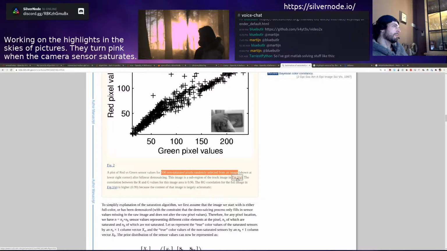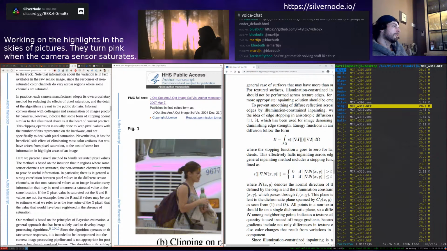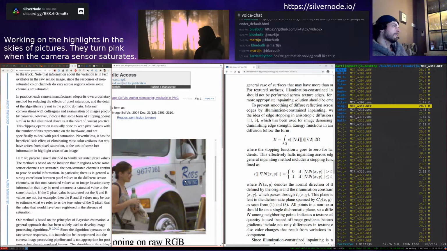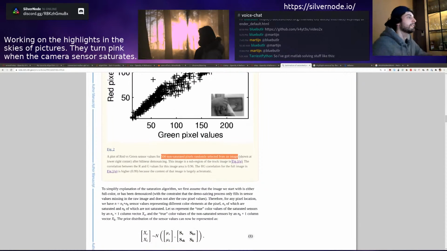Largely achromatic. The truck image in figure 1. Okay. Ropes towing. The simple